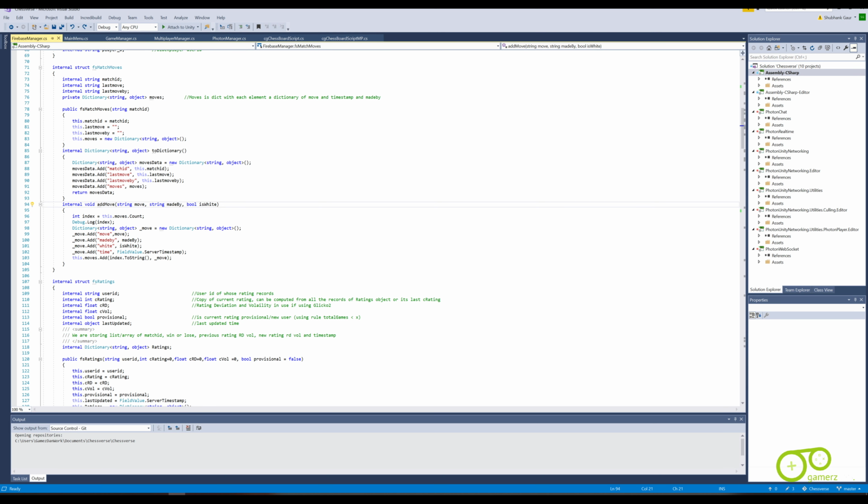And then I have also created a method called addMove. I was trying to find ways on how to add values to these individual dictionaries. One way was to just access it using fsmatchmoves.moves.add and so on. Instead, let's just create a simple function addMove and send all the data that we want to store as a move. So we send the move name of type string, we send the move made by, we send isWhite,